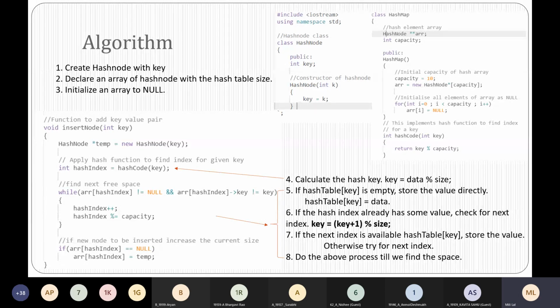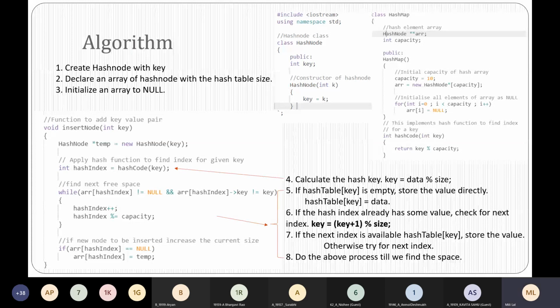Whereas a hash map or a hash table contains different nodes. So the data member is going to be a node. And what is the node? It is an object of the class hash node. So ARR is an object of the class hash node. Is it clear? And star ARR means it's a pointer to pointer. If you all remember, it's a pointer to another pointer.